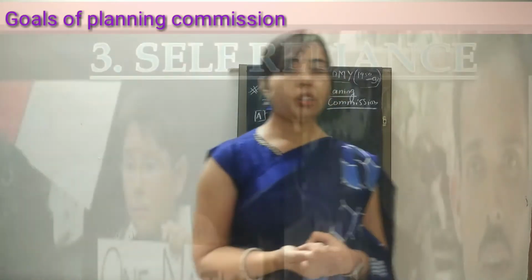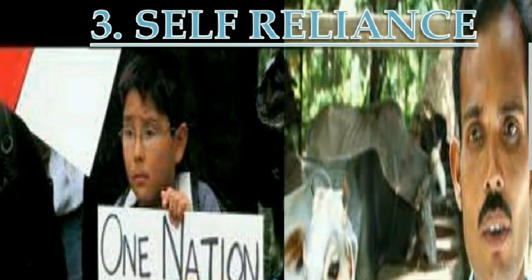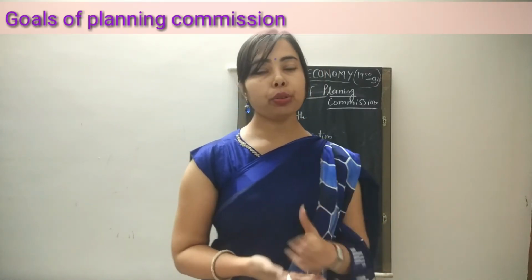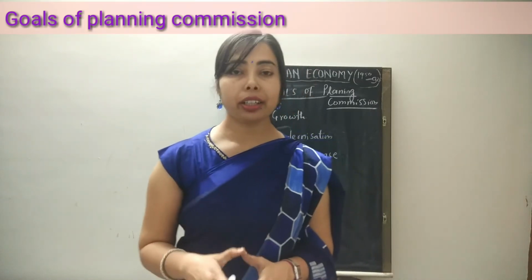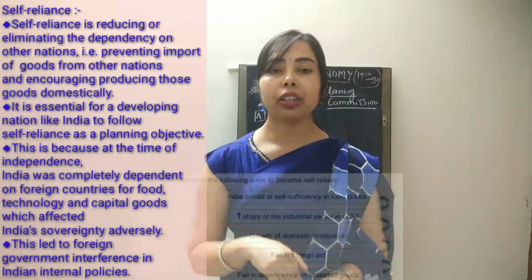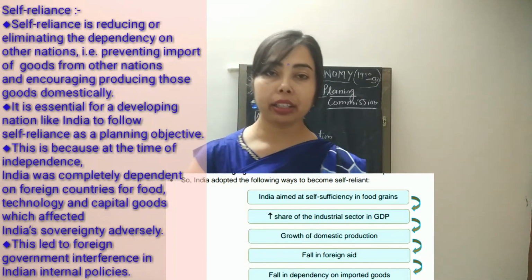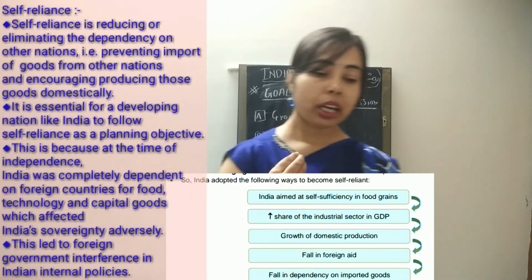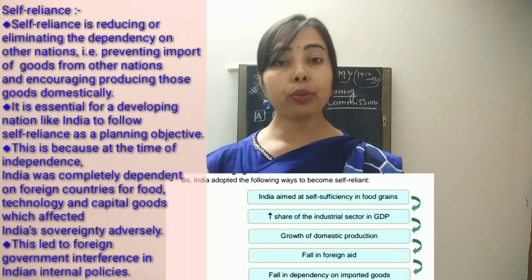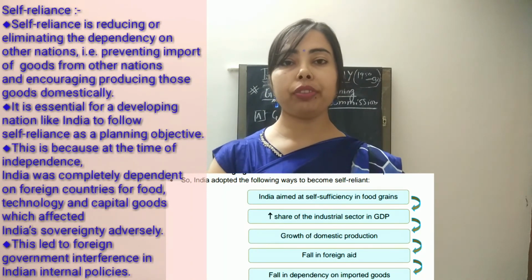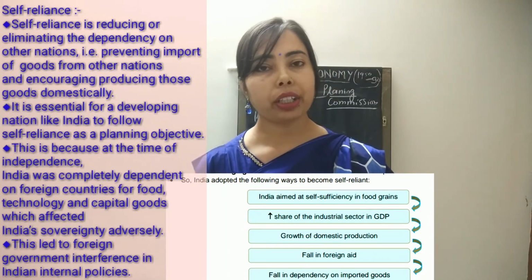The third was the goal of self-reliance, and this is a very important goal. The self-reliance goal says not to depend on other countries but to produce as much as possible within the country. Self-reliance means being self-dependent, with no need to depend on others. India wanted to produce as much as possible within its domestic territory, so that we need not buy any inch of product from outside the country,